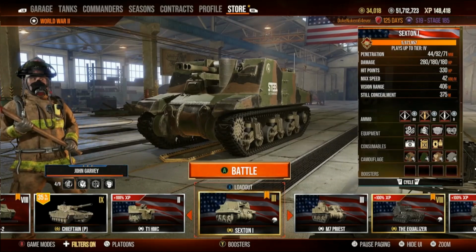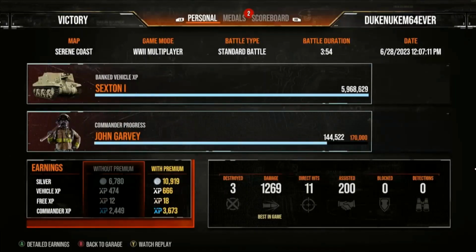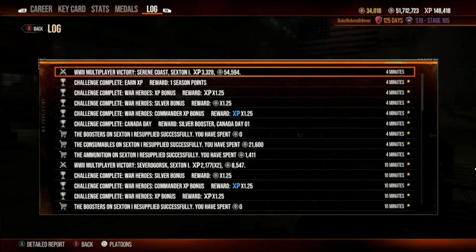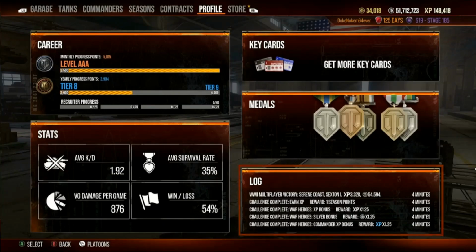So let's go back and look at the results of the match. So I'm going to teach you about this. That's why I got 18,000 experience with premium, because I had a ×4 commander booster on there, specifically for the reason to build up. I'm getting close to that 5th slot on my commander. The smart way to do this is on a daily basis. You run the booster until you get your win, take the booster off like I just did, and continue playing matches,